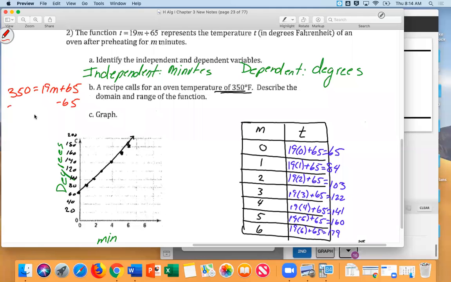And now I have to solve this equation. All right. If you don't have the graphing calculator in the scrolling process, you're going to have to substitute it